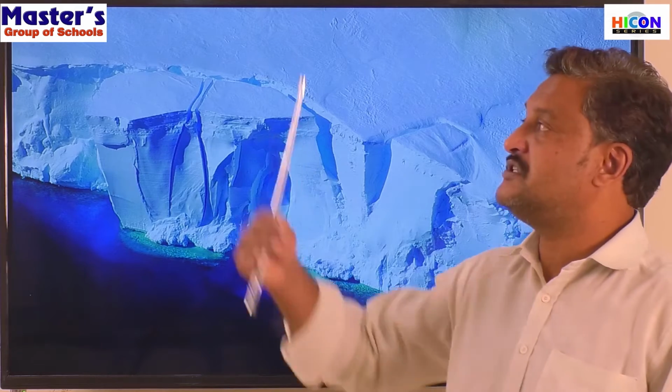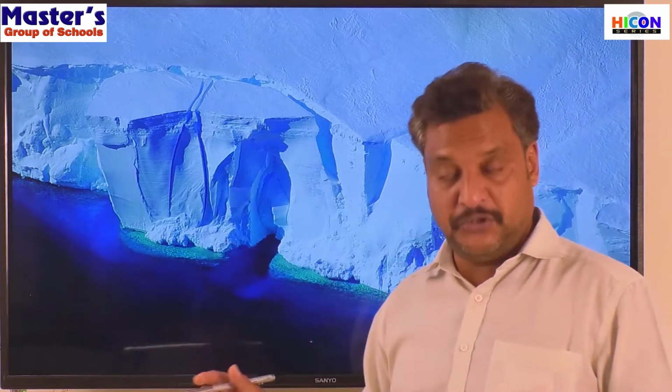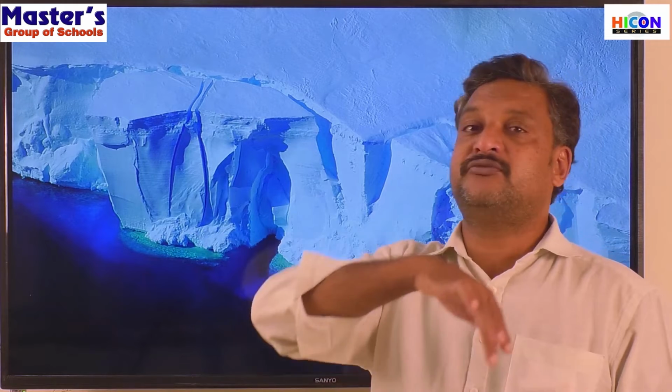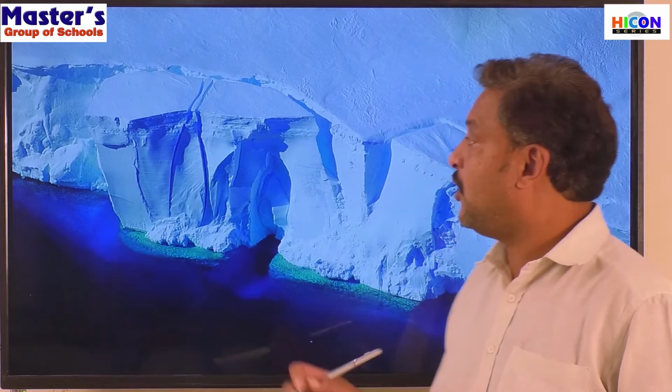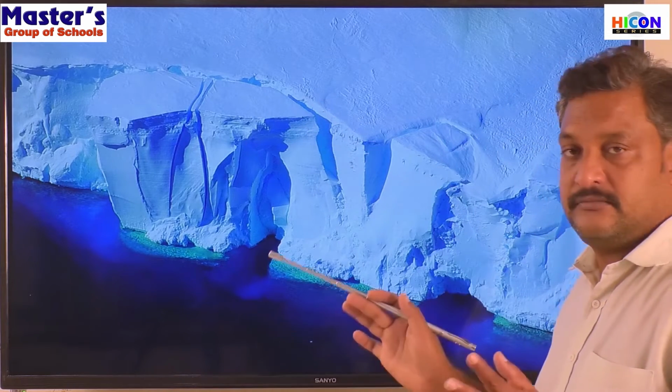Towards the equator, the ocean is warmer, and towards the polar circle, it is cooler. So what happens? There is a flow of water happening in the ocean, known as ocean currents. And these huge ice cubes will start to flow based on this flow of ocean water. Okay, these broken away ice caps that are floating in the water are known as icebergs.